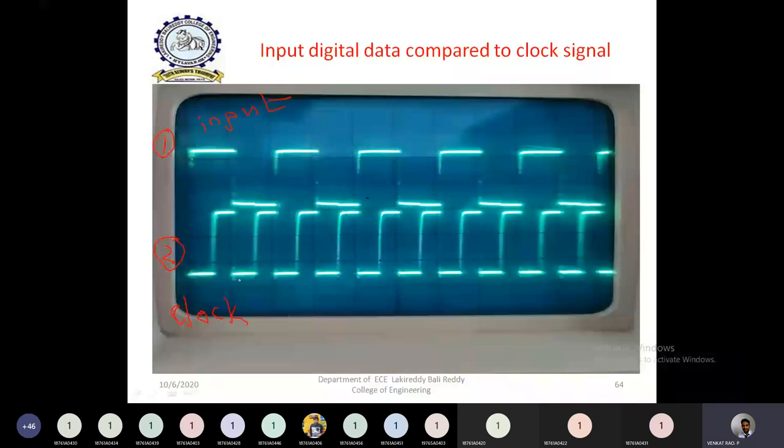For example, here, what is the clock time period? If we start from here, this is the clock time period. This is one clock time period. This is the second clock time period. That means during two clock pulse time periods, there will be one pulse generated. Here also, if you carefully observe, this pulse is generated based on two clock time periods, because this is one clock time period and this is another clock time period.